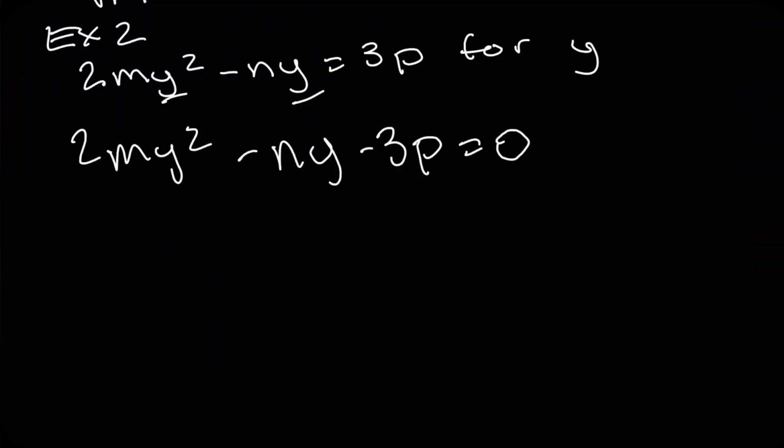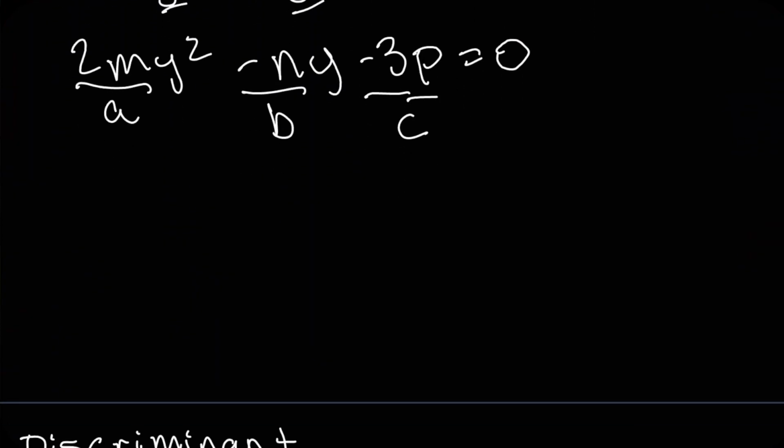And if you'll notice, this looks kind of like something that we could use the quadratic formula for. So this could represent our a, this negative n could be our b, and then this negative 3p could be our c. So plugging that into our quadratic equation, we will get negative b, which is negative n, so positive n plus or minus the square root of b squared minus 4ac. b in this case is negative n, so we'll have a negative n squared or positive n squared